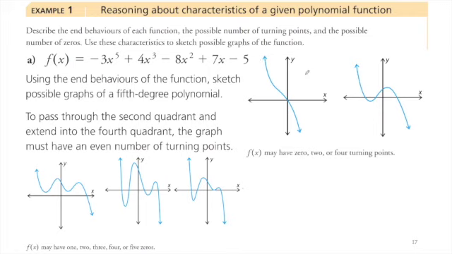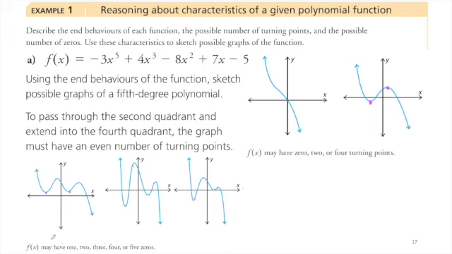They never go back up and start increasing to then go down and decrease again. Okay, so you have 0 turning points, you have 2 turning points, or 4 turning points. So examples here. Remember that